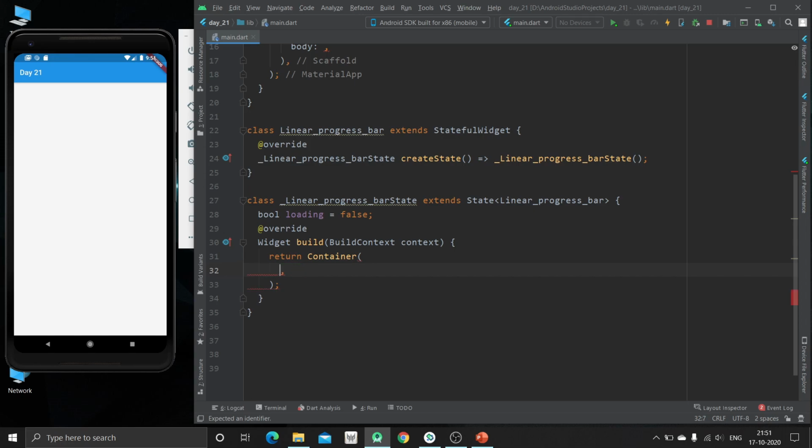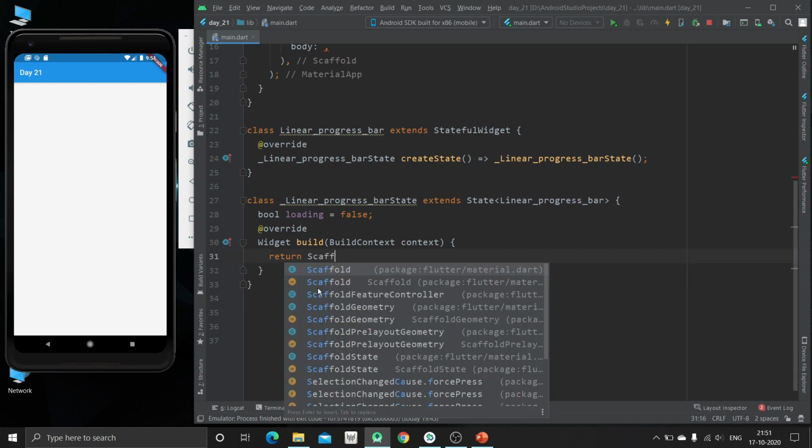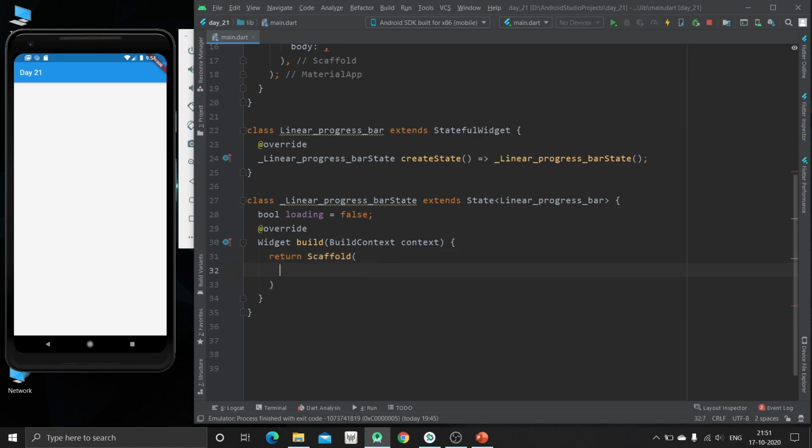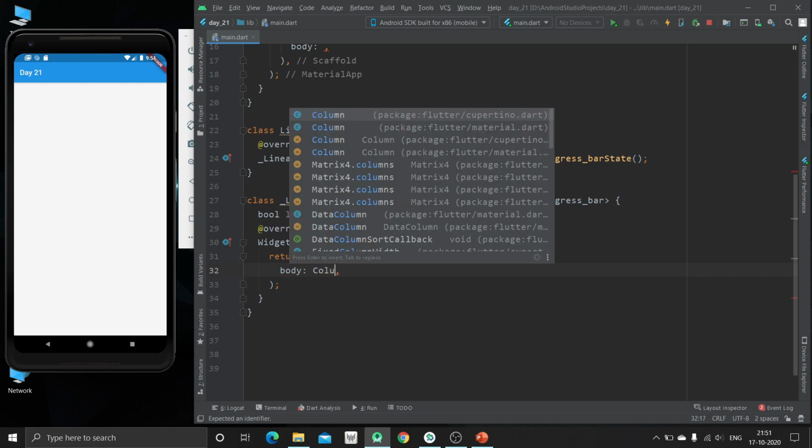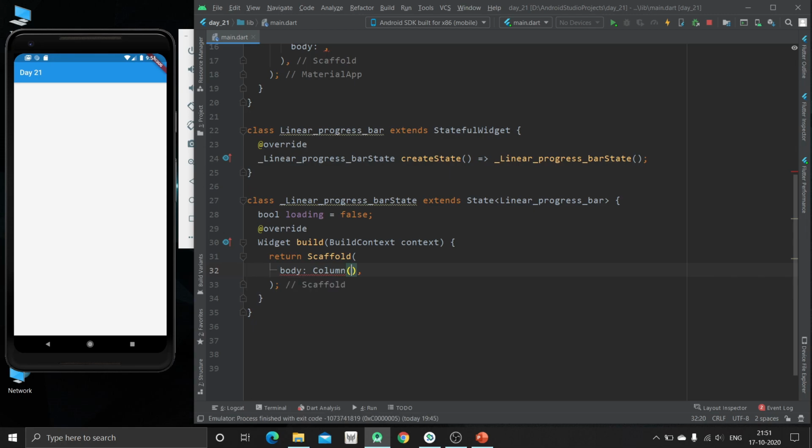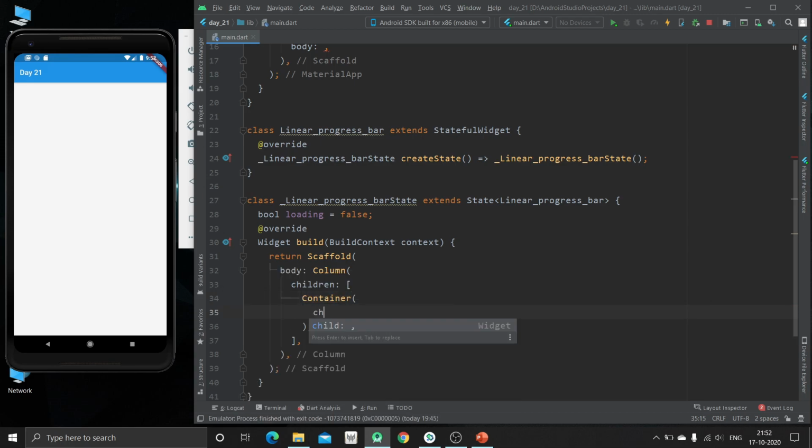Okay, instead of this container we will create scaffold, and inside that we will define body, and inside body we will create one column. So now in this column we have to create children. Now we will first create one container, and here we will create the child.